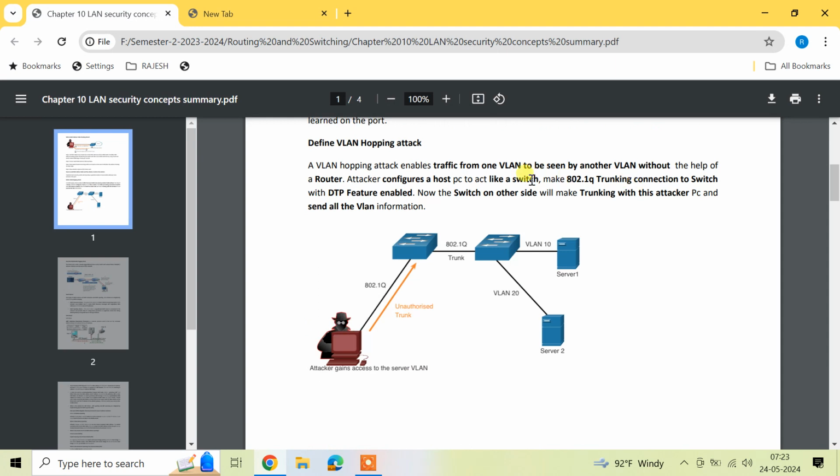Now let's go to the VLAN hopping attack. Here we have two switches with trunking in between, and we have one VLAN 10 and one VLAN 20. There is a hacker who has configured his computer like a switch. Here, usually, VLAN information